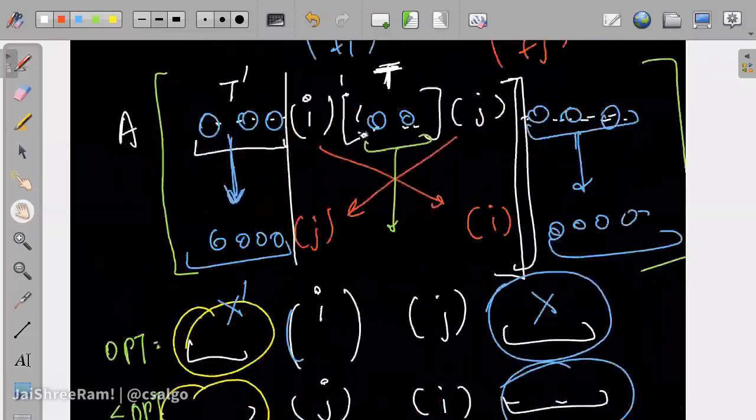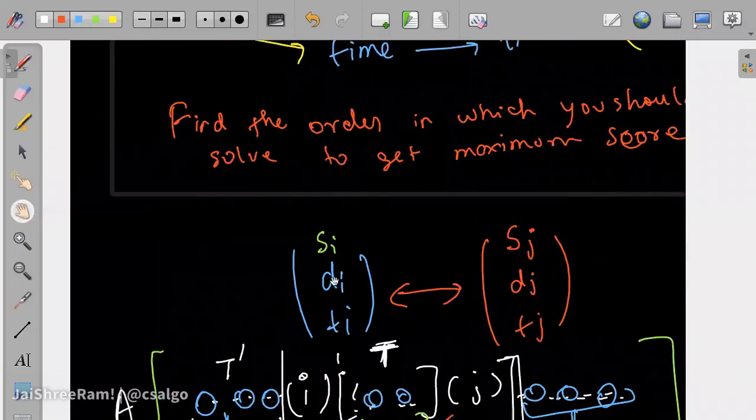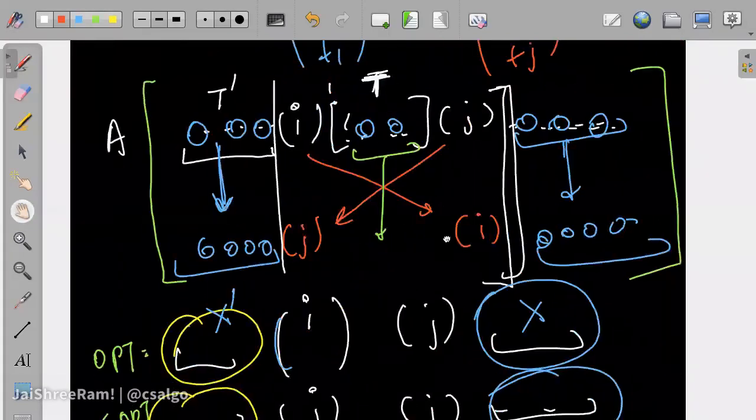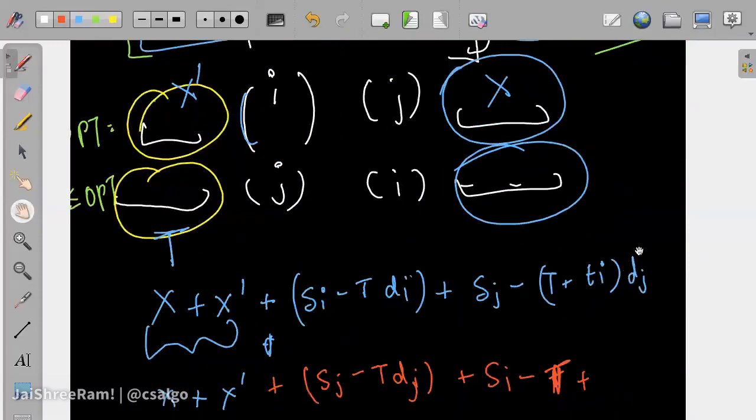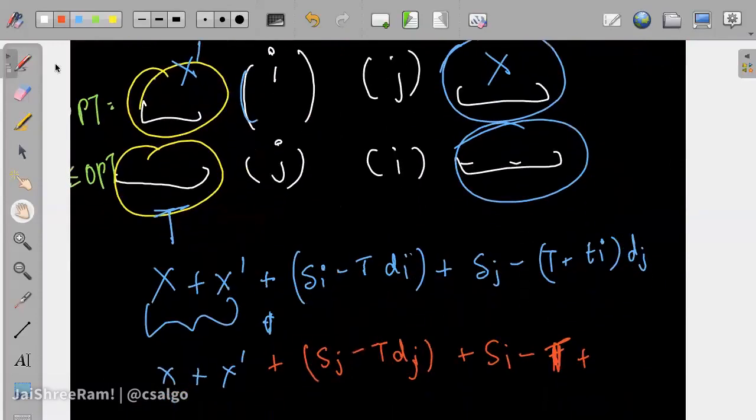The tuple is something like this: s_i is score, d_i is decay, and t_i is time. So t_i plus t plus t_j times d_j. Which term are you talking about? You have written s_i minus t d_i, so it should be t plus t_i, because the score is given after i has finished. Okay, yeah.